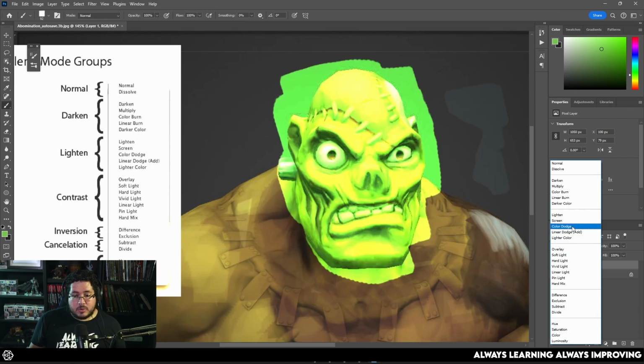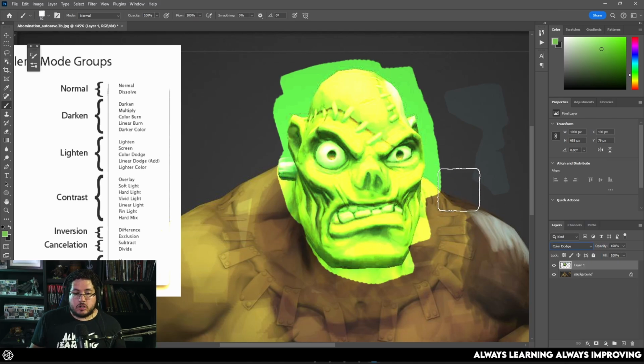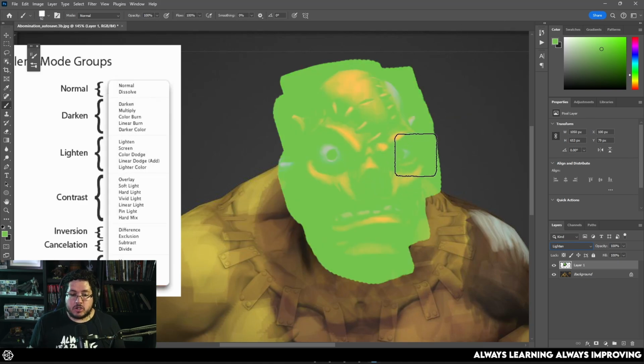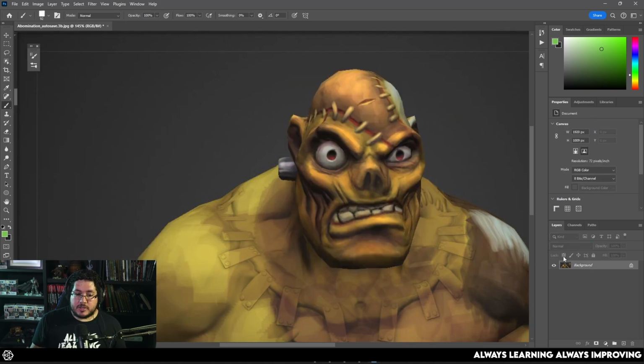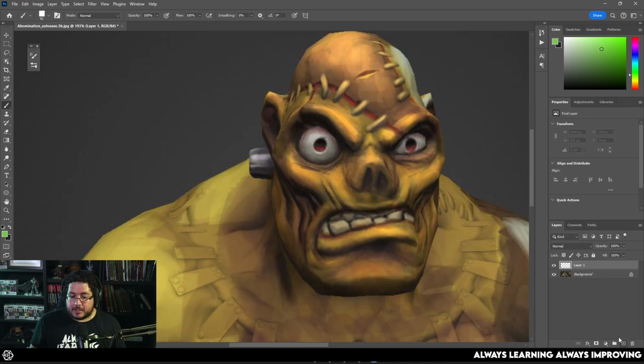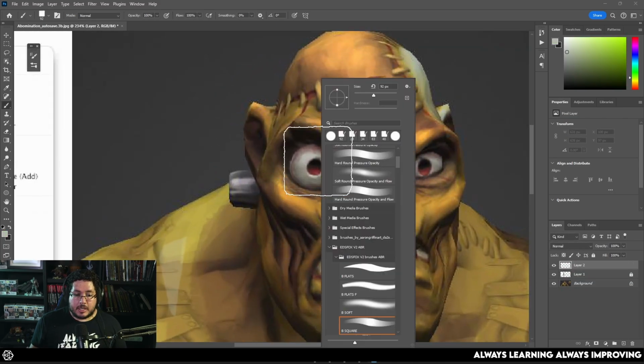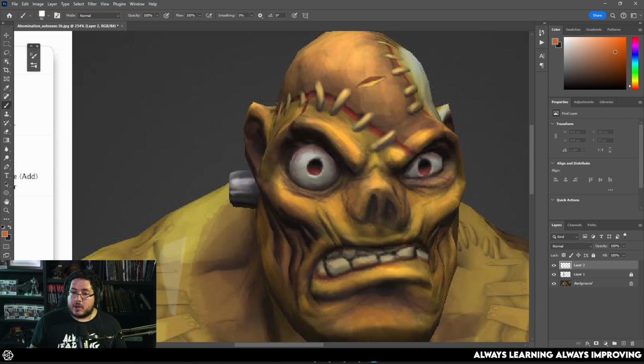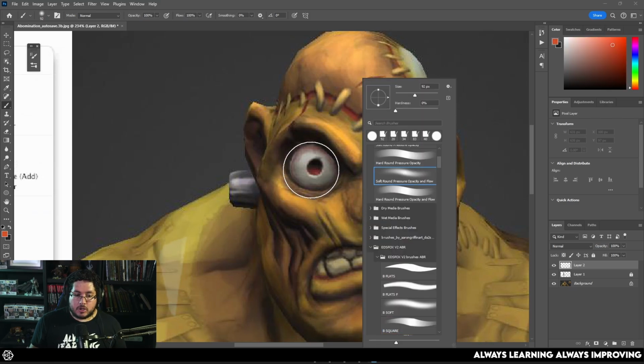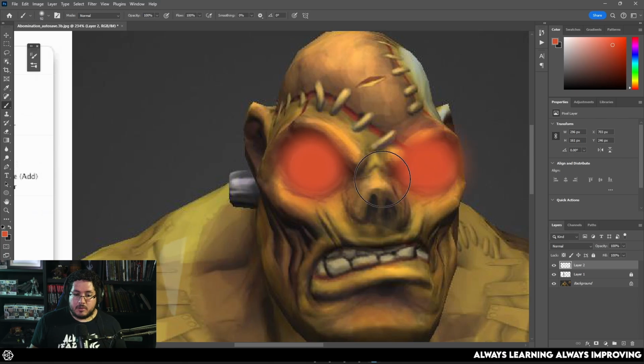The next one, they use this all the time, Color Dodge. Color Dodge is really good to punch out the light elements on our object, in this case the abomination. This one you could use, for instance, if you want to add a glowy effect on the eyes of the character. So if I want to make the eyes glow, one thing I can do is grab, let's say, a very intense red color right here. Let's add a soft brush right there.